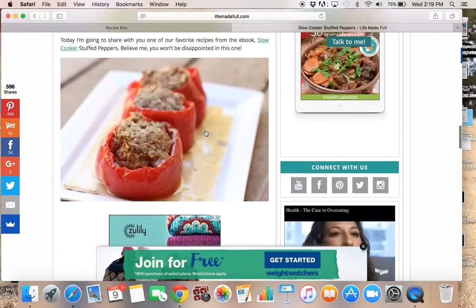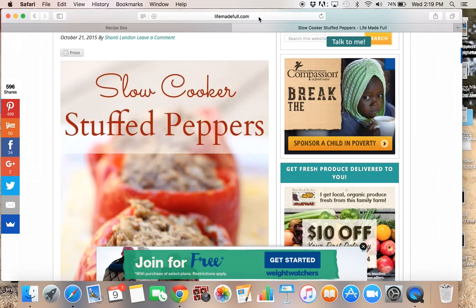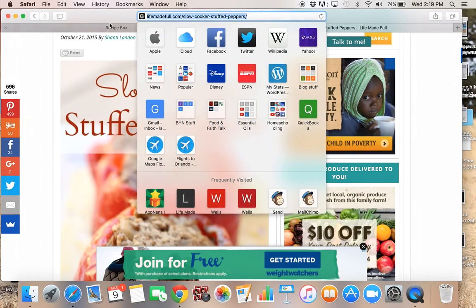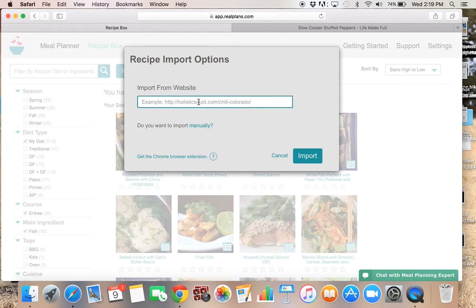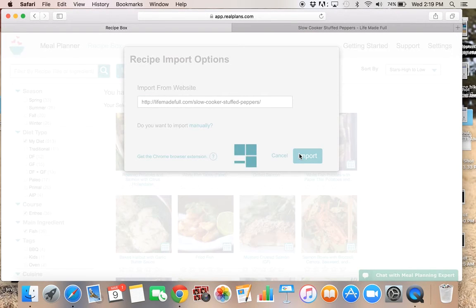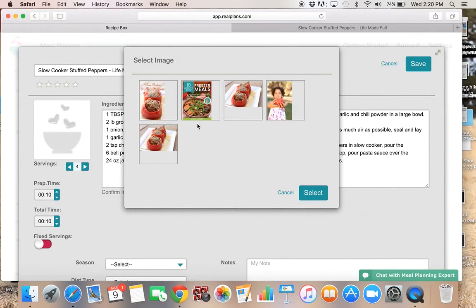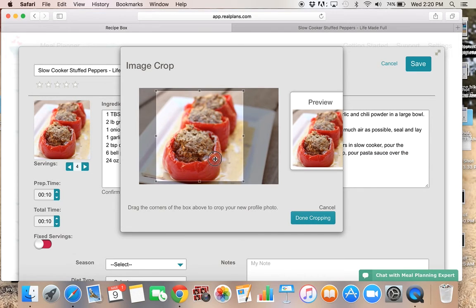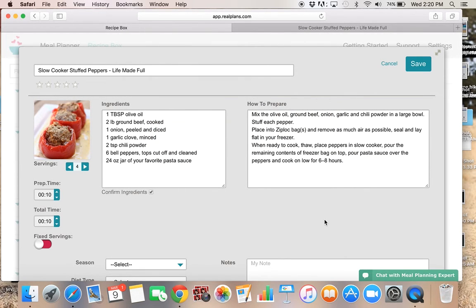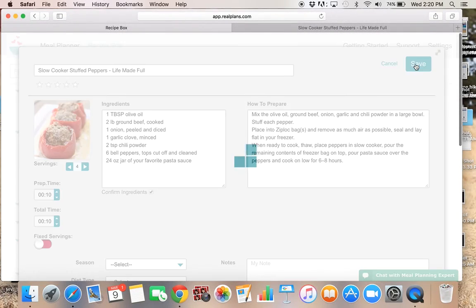And so just for an example, I'm going to use my slow cooker stuffed peppers. And so you highlight the URL, come over here and click on import recipe. And then all you're going to do is paste that URL, click import, and then that recipe is now going to be in your recipe box. You can click your image that you want to include, and then you can crop it so that it looks nice and pretty. Done cropping. And then all of your ingredients and directions are right there. And then you just click save